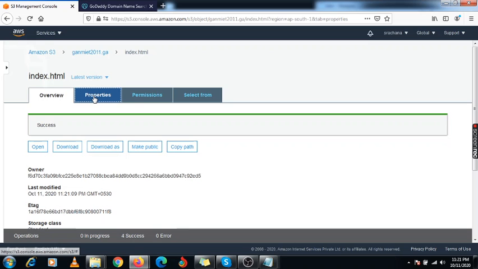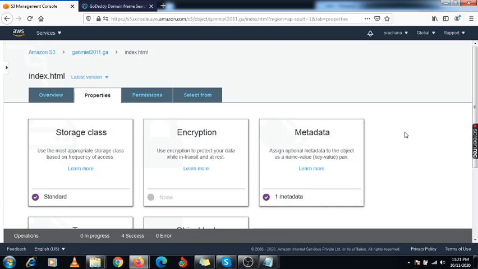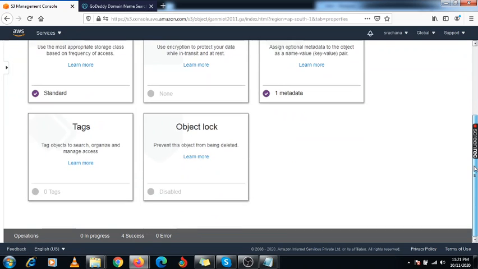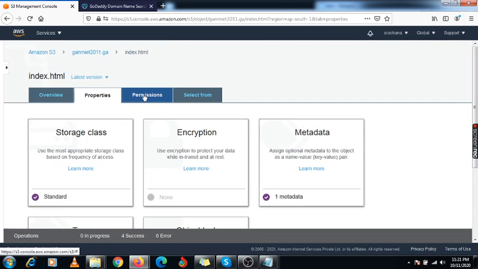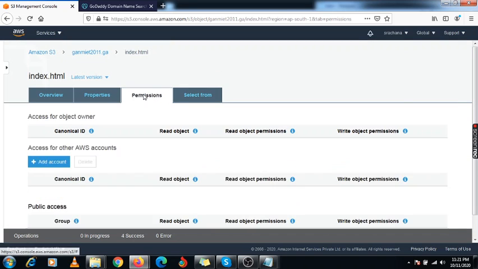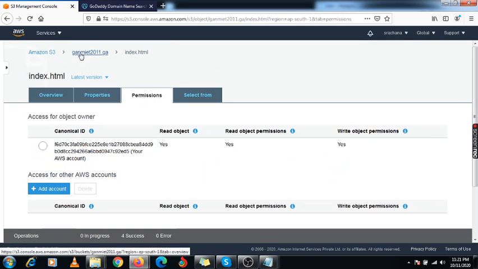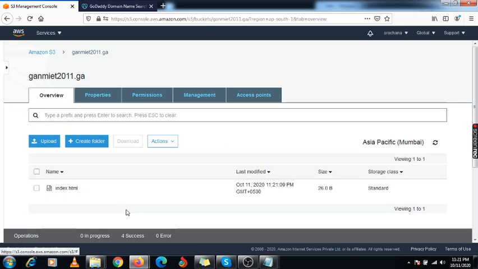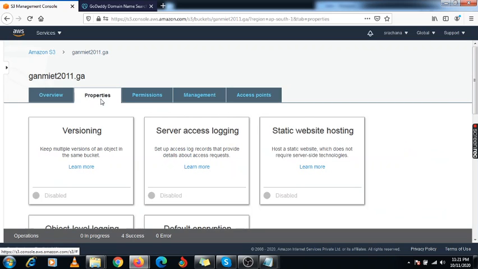Under permission, okay, just click on this bucket, and under this bucket you need to check the Properties option.